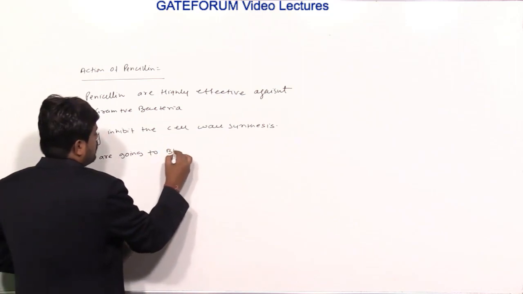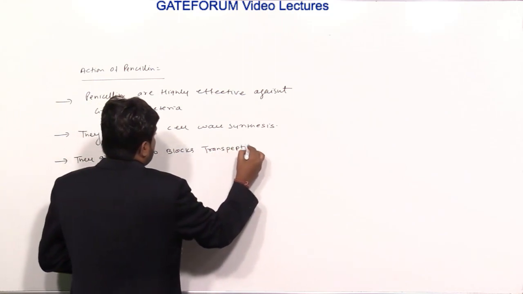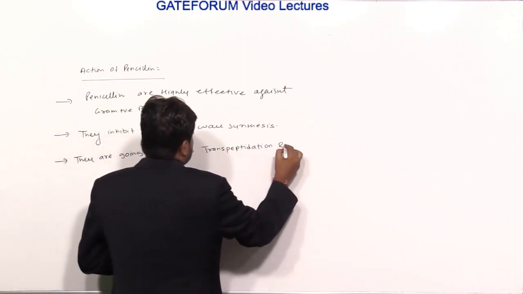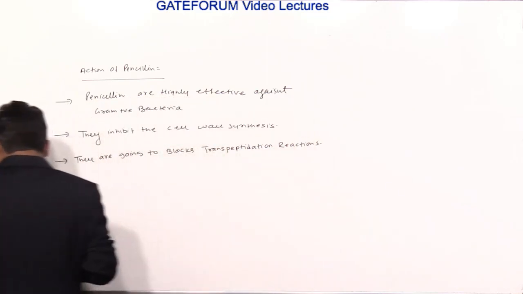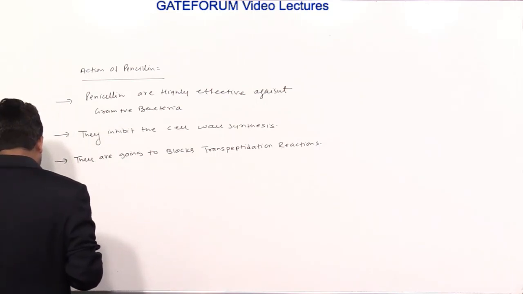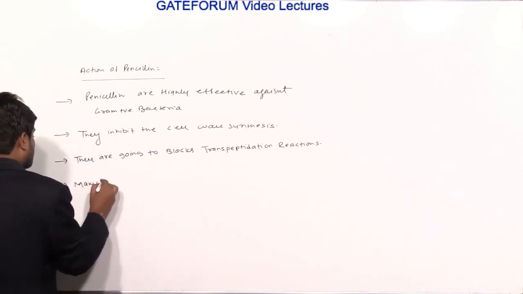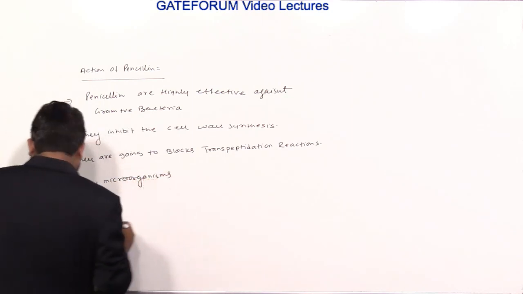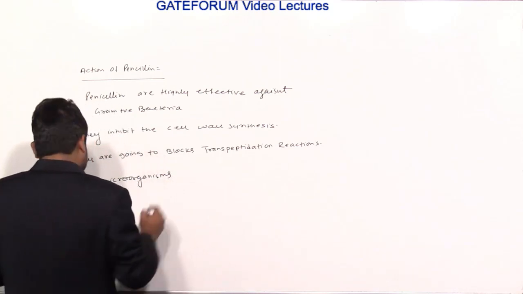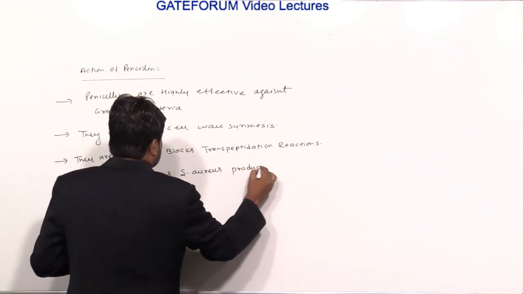They block the transpeptidation reaction, and many microorganisms such as Staphylococcus aureus produce